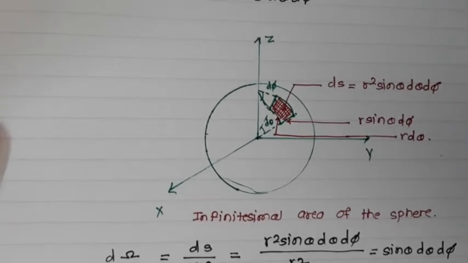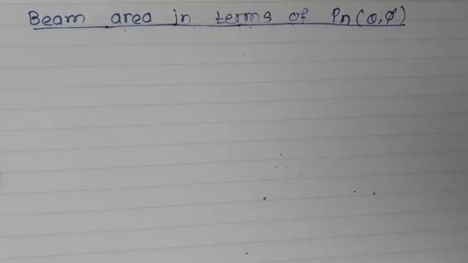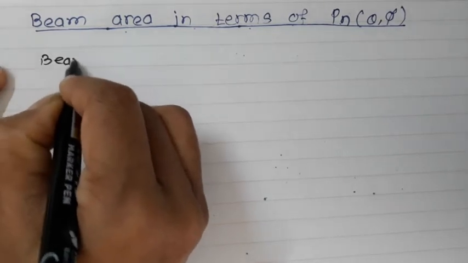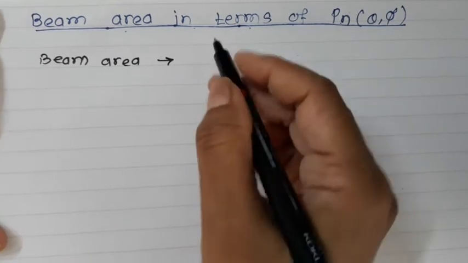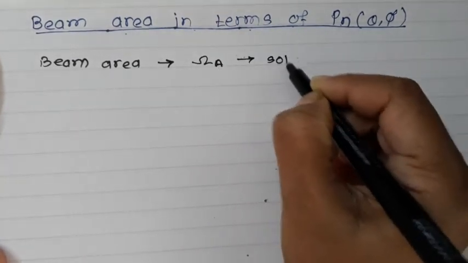Now let us talk about the beam area in terms of the normalized power. Let us define the beam area first. So what do we mean by beam area? This beam area is denoted by ohm A. This is nothing but the solid angle